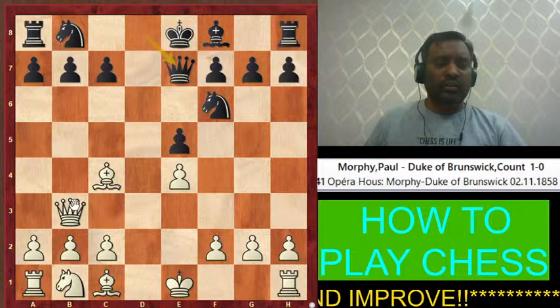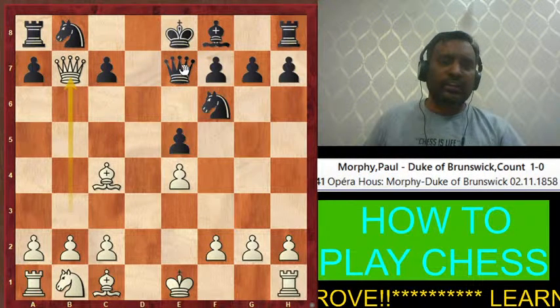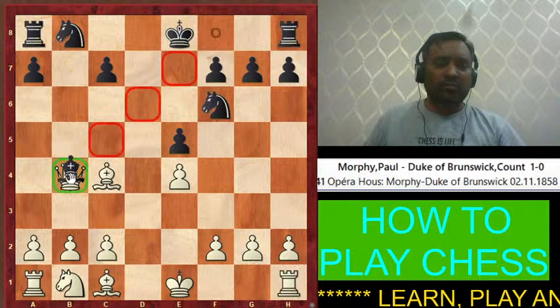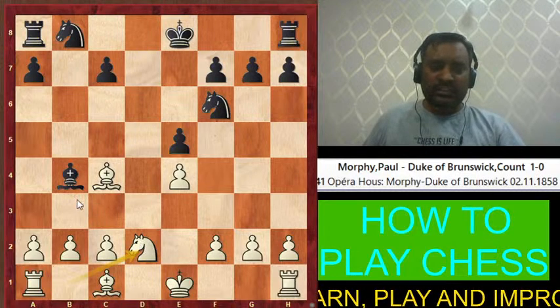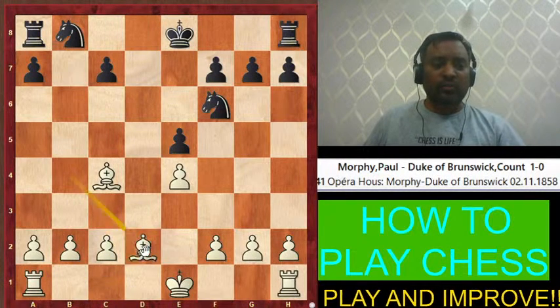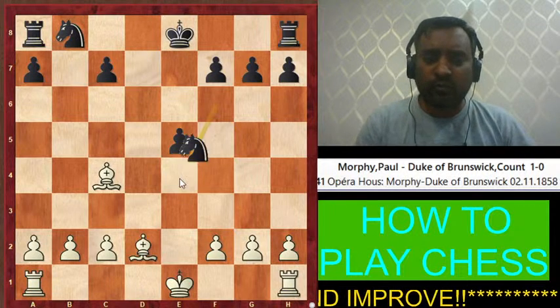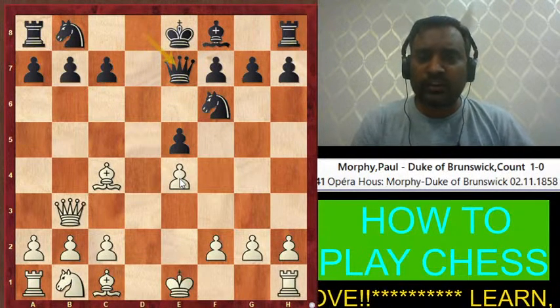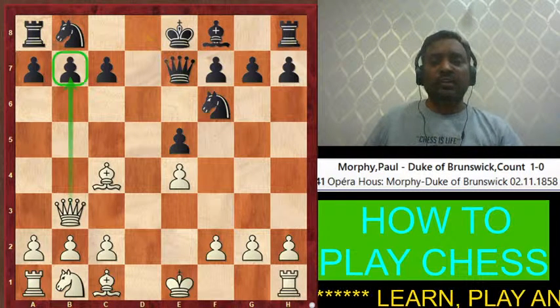The idea is, if white tries to capture this pawn, they want to give this check, and after capturing this they just want to capture this, and suppose if anything like knight d7 or something comes, they want to capture and take their pawn back. So this is what they were wanting to play. That is what they wanted to play.